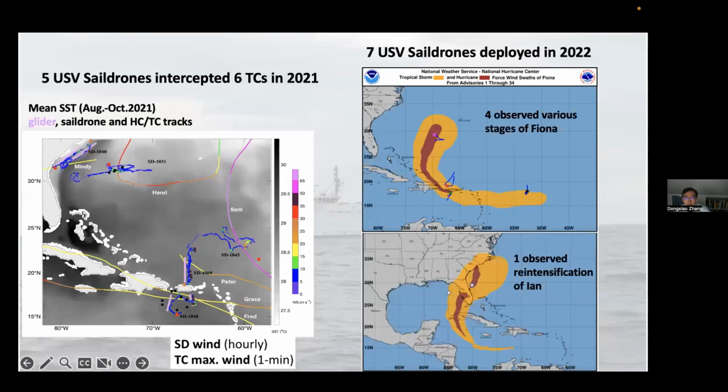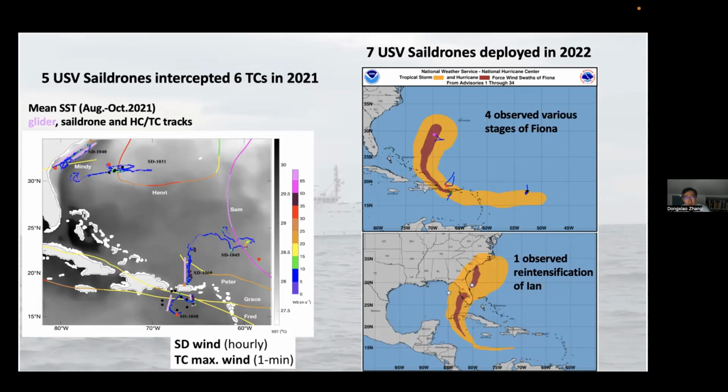In 2021, 5 sail drones were remotely piloted in 5 areas chosen for the high probability of experiencing tropical storm winds. They intercepted 5 named tropical storms and 1 Category 4 Hurricane Sam. 3 sail drones coordinated with underwater gliders, as shown by the pink tracks here and to the left. The sail drone tracks are mostly blue, though they are colored here by measured hourly wind speed. The hurricane force winds were observed by the sail drone SD 1045 in the front right side of the